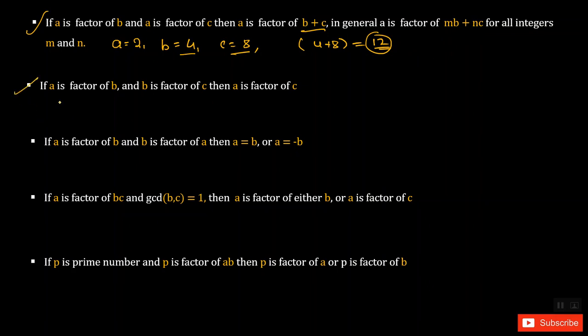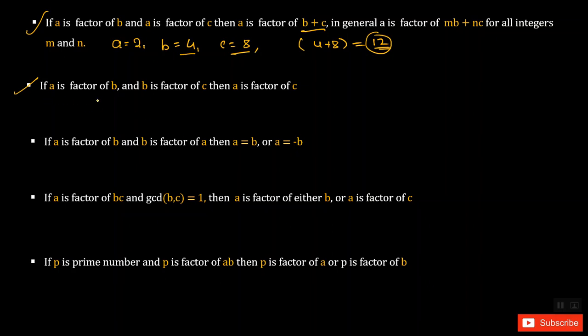Second point. If A is a factor of B and B is a factor of C, then A is a factor of C. So these are the variety of questions they include, which makes you confused, but it's very simple. For this type of question, I suggest you just take simple numbers based on the conditions given and try to multiply or divide, whatever operations they want you to do, right?